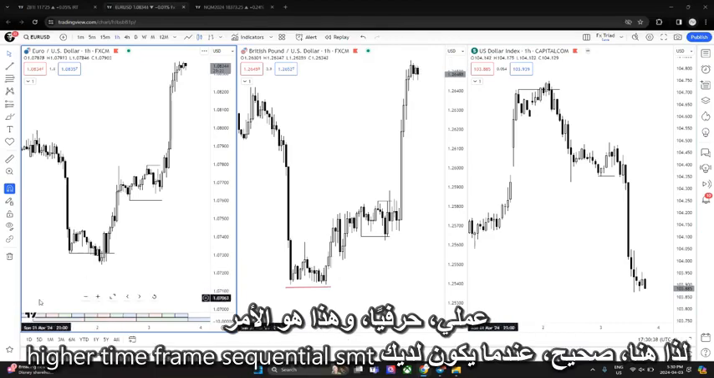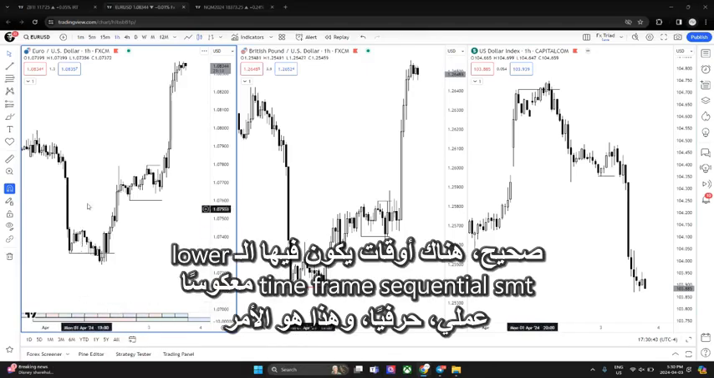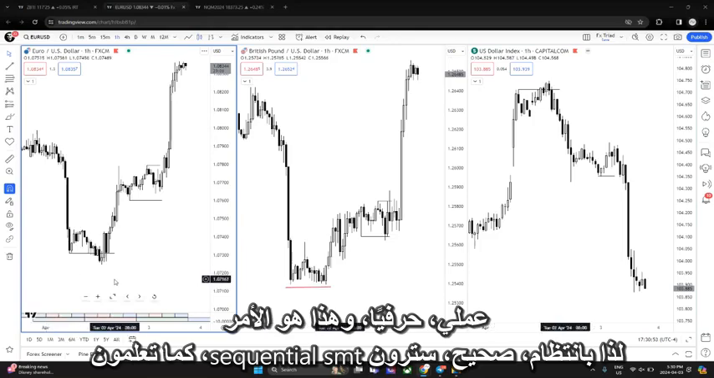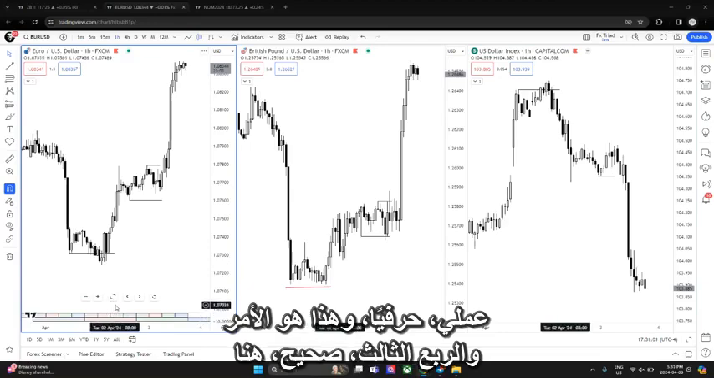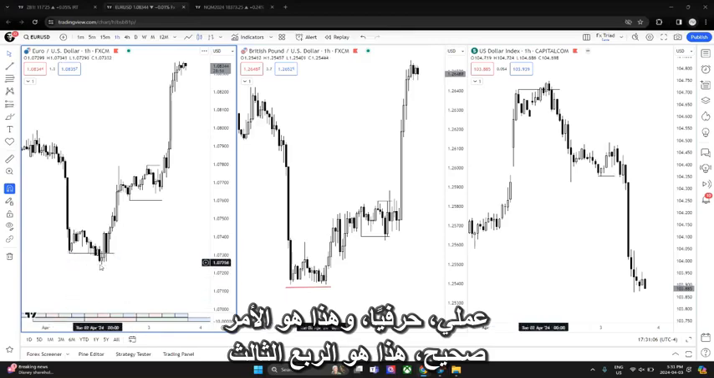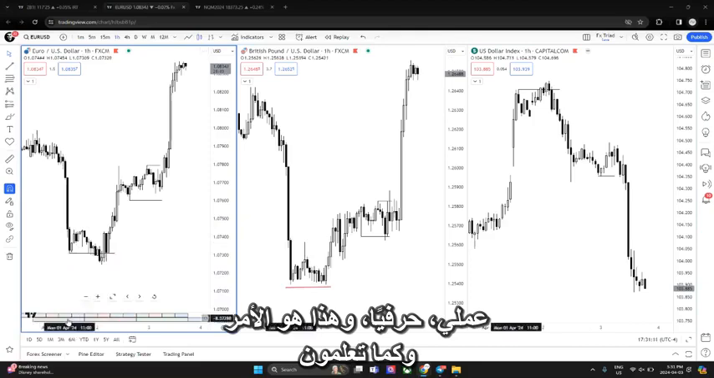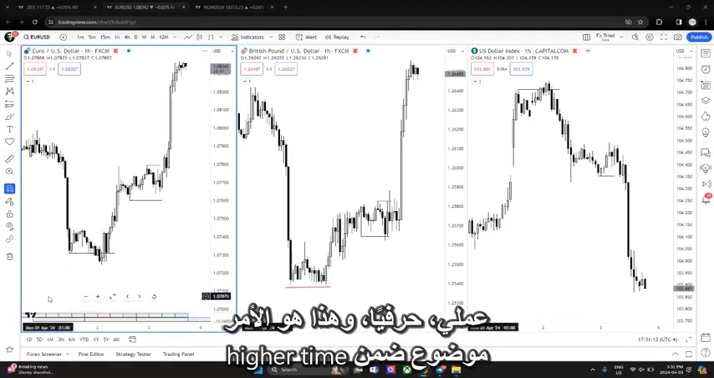So here, when you have a higher time frame sequential SMT, there are times when the lower time frame sequential SMT will be mirrored across different quarters. So regularly, you would see sequential SMT between Q2 and Q3. Here, this is Q3 and this is Q2. It's just mirrored and positioned within a higher time frame